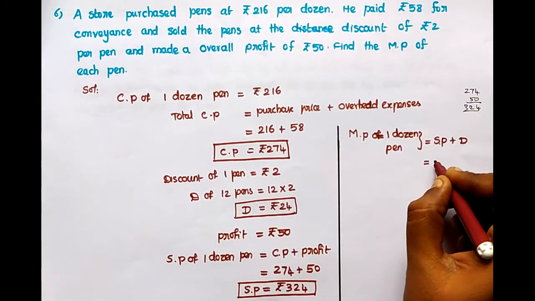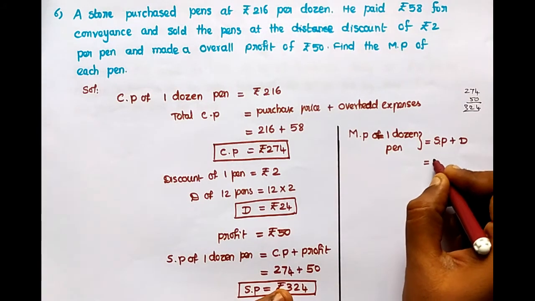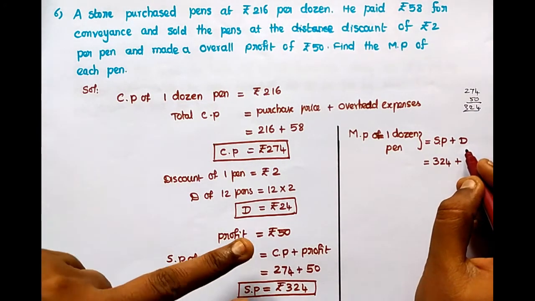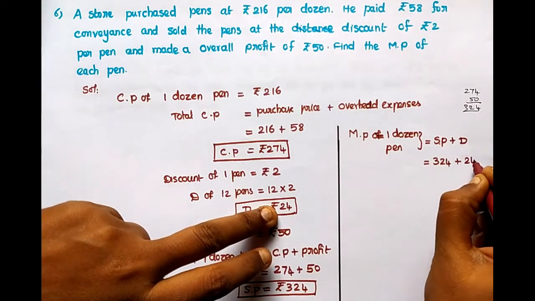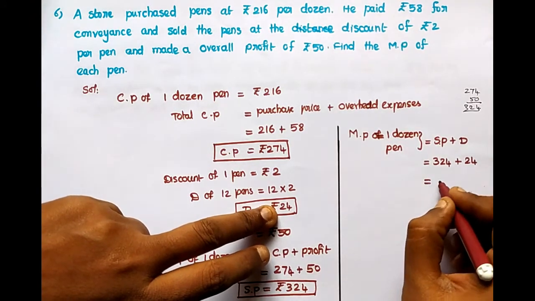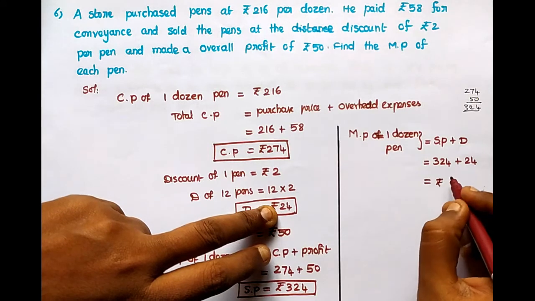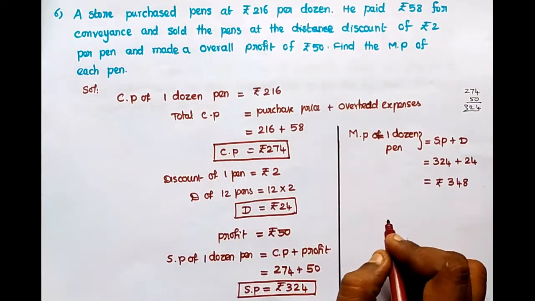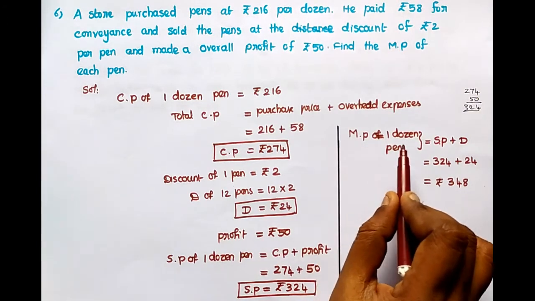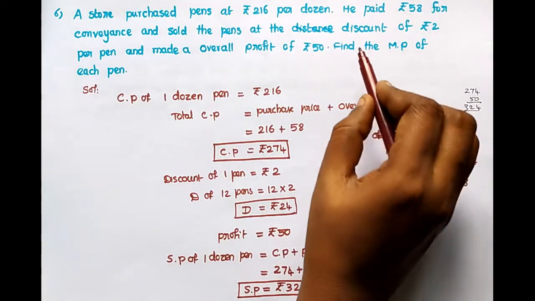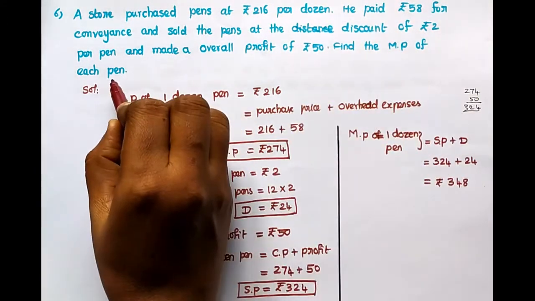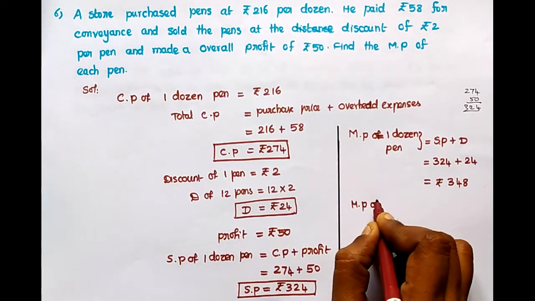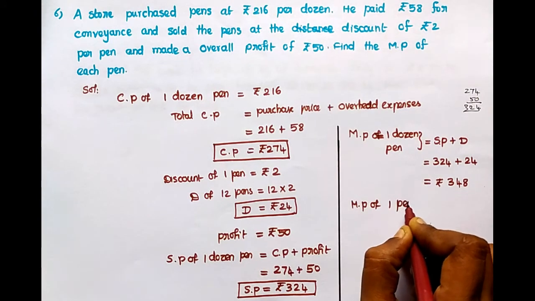Selling price is equal to how much? 324 plus discount 24 rupees. Totally 348 rupees. That is mark price of 1 dozen pens. But they ask mark price of each pen. So 1 pen. So mark price of 1 pen equal to